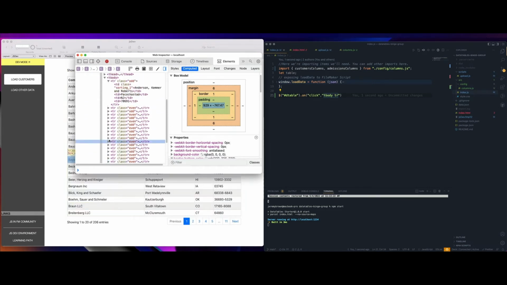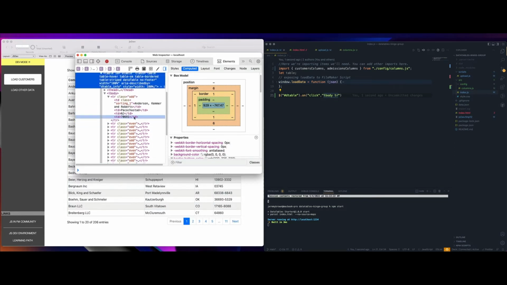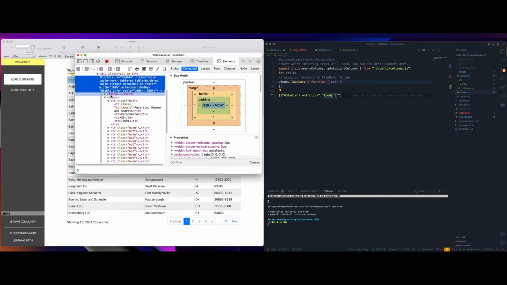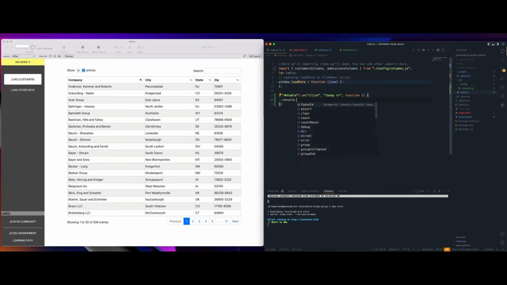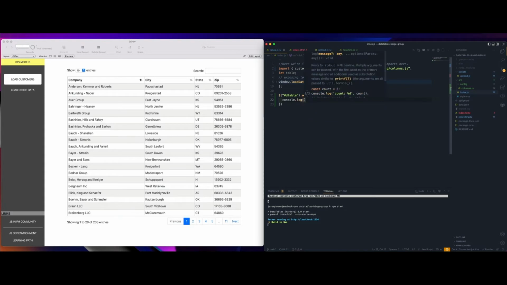Actually, there are many rows, and they have a nice class of odd and even, which gives it that striped look. So we're going to ask it to walk this path and put a click event on there. And then our third parameter is to give it a function that will do something. In this case, we'll just do console.log hi, or row clicked.